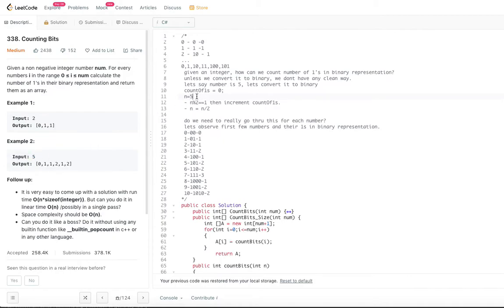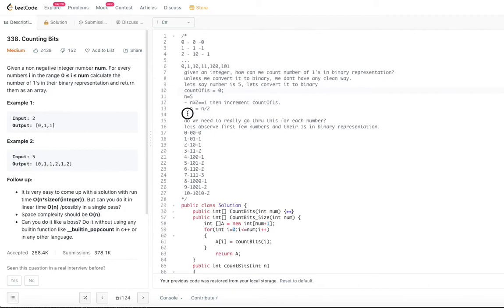If n mod 2 is equal to 1, that means the number is not divisible by 2 completely, there is a remainder of 1. In that case, we increment the count of ones. Initially our count of ones is initialized to 0, and that is the first step. In the second step, we replace n with n by 2.